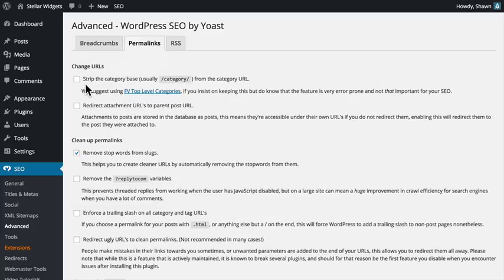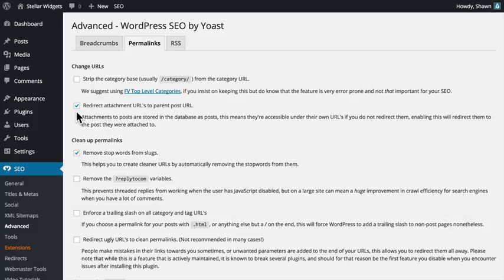By default, WordPress includes a category base, usually the word category, in the URL for your category archive pages. You can strip that category base from your category URLs if you like, but it's generally not very beneficial to your site's rankings. When you upload an image to your posts, WordPress automatically creates a link to that image on its own separate attachment page. This page typically only includes the image, so it's a good idea to redirect those attachment URLs to the parent